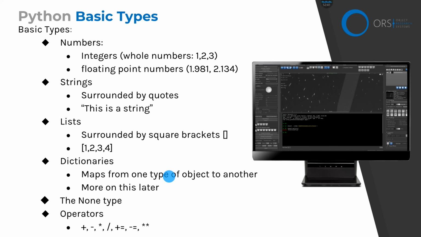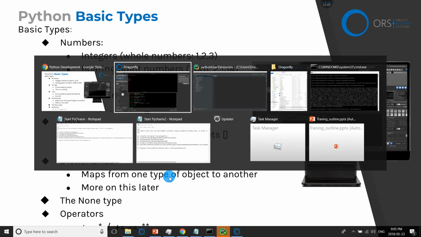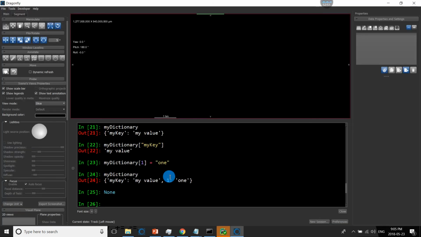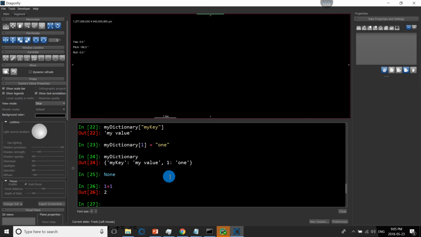Every time I move my mouse, it shows up again. So in Python, you have some basic operators, like if you want to add 2 numbers together, it's the plus. If you want to subtract, it's minus. To multiply, divide, and then these 3. These 2 will come back, and then this one, the double star, is for exponential.